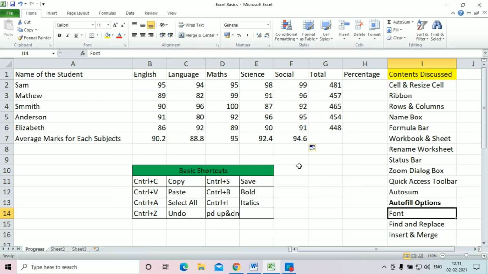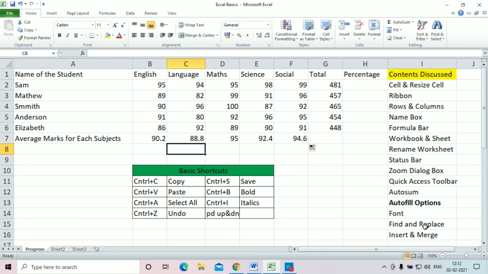And font. So basically what is font and why? Whatever you see in this particular box is applicable only to the font and not the cell. You have to make sure that whatever you do is based upon the font and not the cell. Nothing is going to change the cell. Fonts contain the style of the font, the size, the color, whether you want to give borders, underline, italics and bold as well. So font is generally required. Font is something which is really a good thing in Excel.